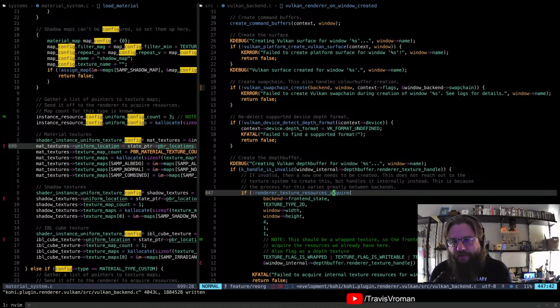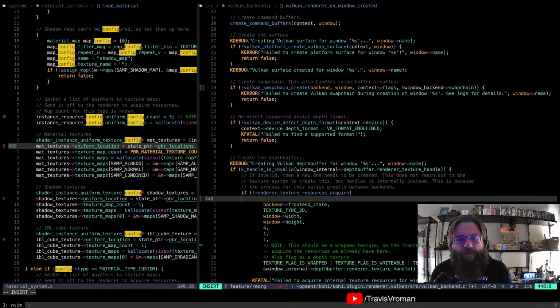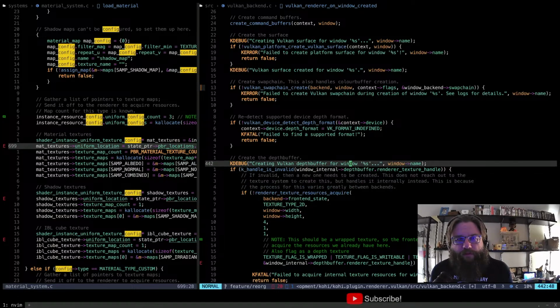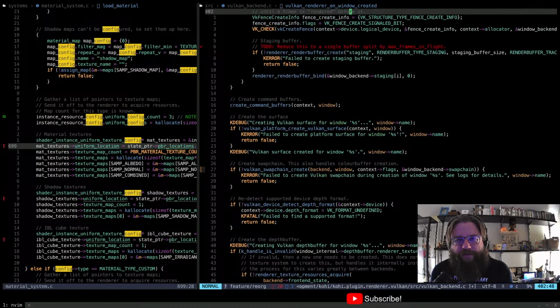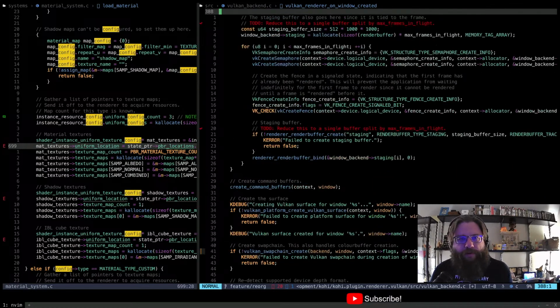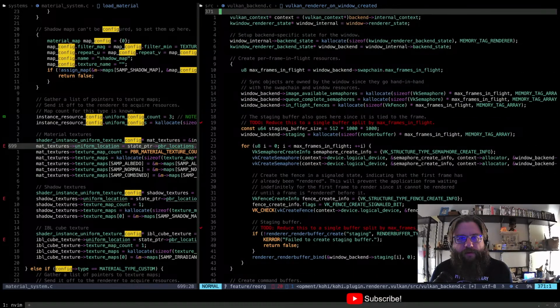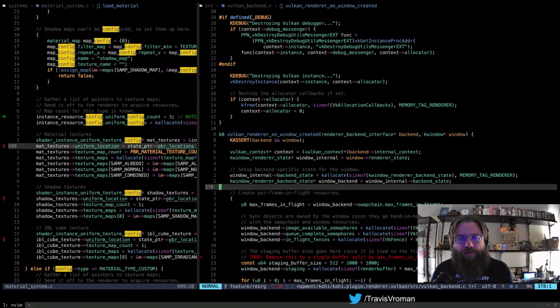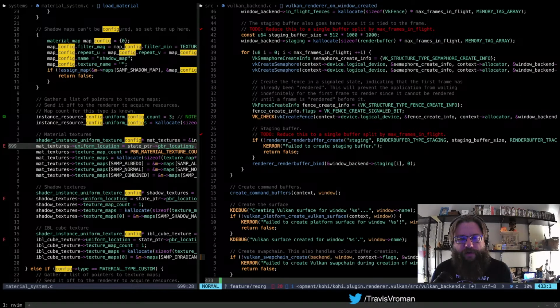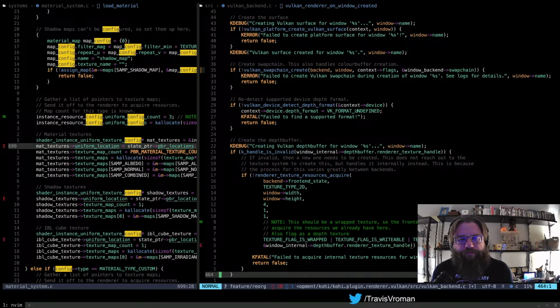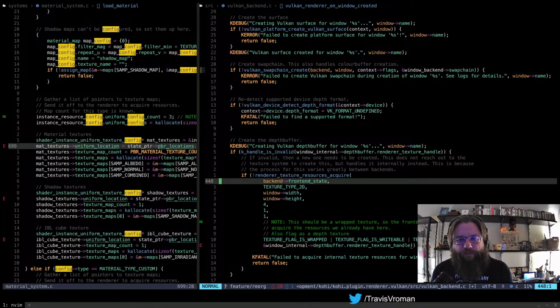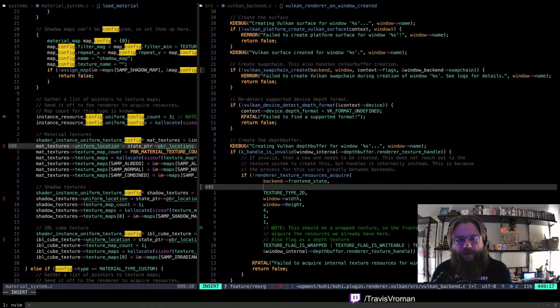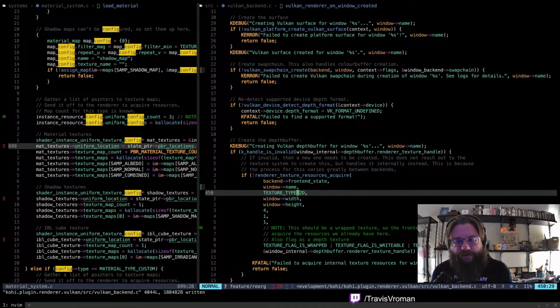Oh, we're not passing through the... What did I need that for? Logging, I guess? So I guess I could build one. I think I'm just going to go with that for right now. Doesn't really matter.